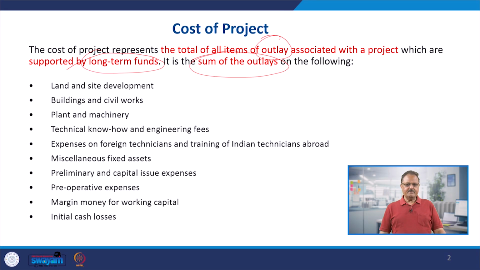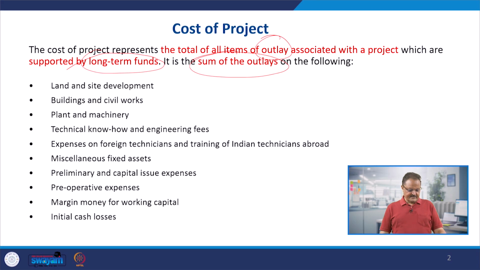Then the next thing can be expenses on the foreign technicians and the training of the Indian technicians abroad. For example, if they initially supply us machinery or technology, and those people come to India and stay here, we have to bear their expenses. And later on it may be possible that some of the Indian manpower, the workers or technicians, have to be sent abroad. So their training expenses are again going to be a long-term expense